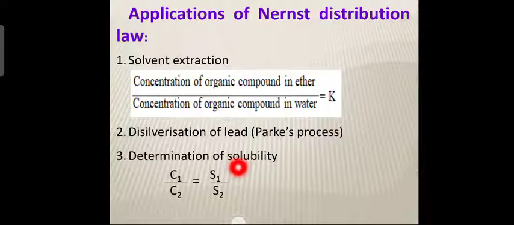You can calculate solubility in the two solvents. Knowing the solubility of the solute in one solvent, and also the value of the partition coefficient, which is equal to a constant, you know any one value, either S1 or S2, so you can calculate the other solubility. So knowing the solubility of the solute in one solvent and the partition coefficient, this constant ratio, the solubility of the solute in the other solvent can be calculated.